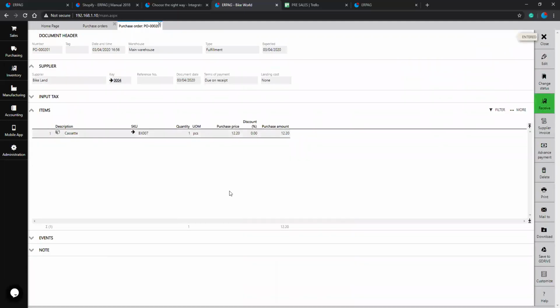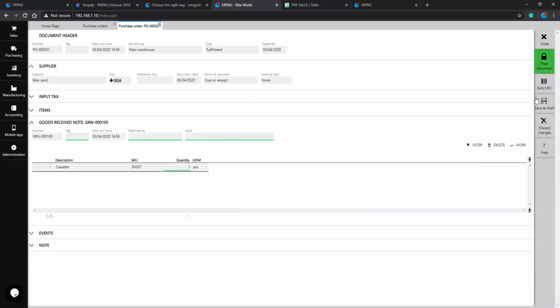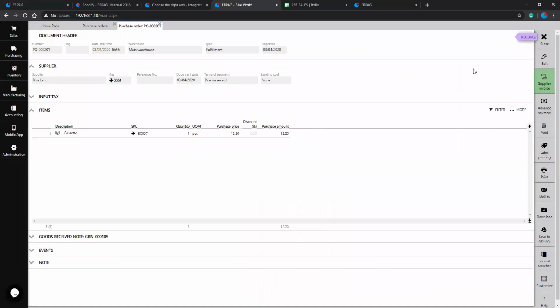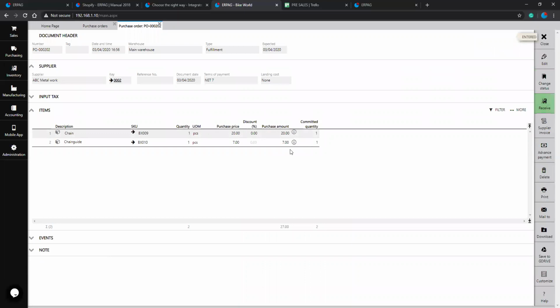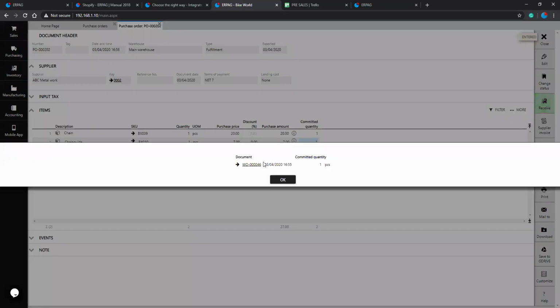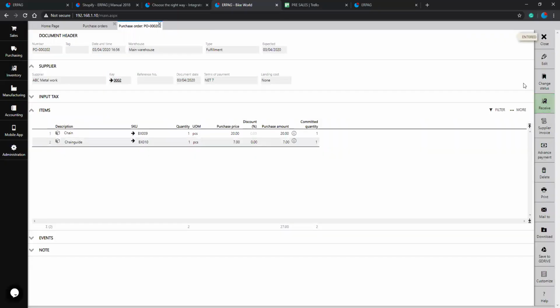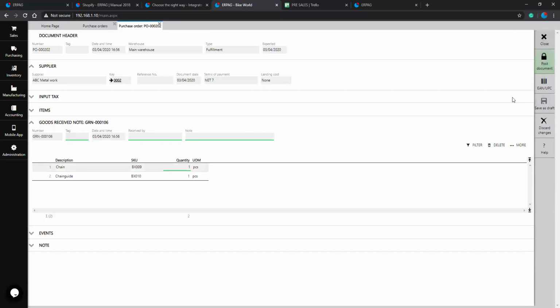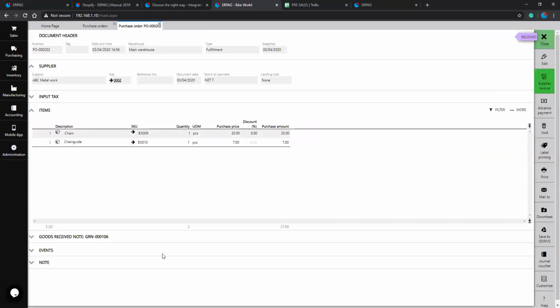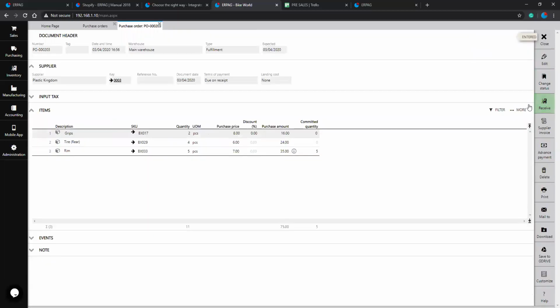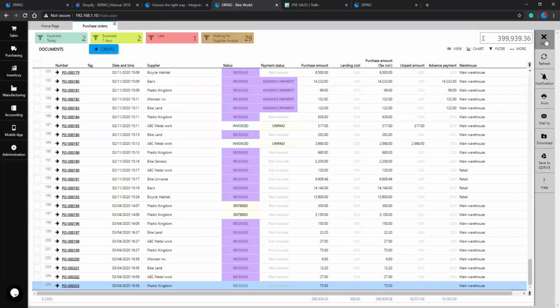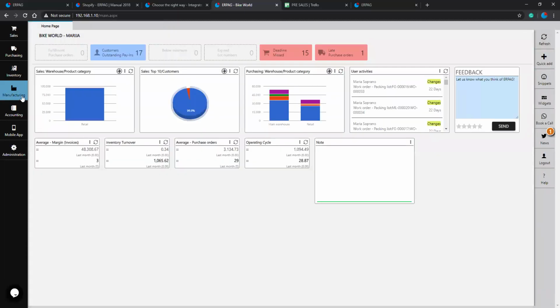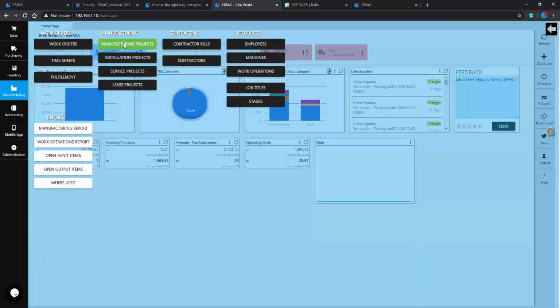If you notice here on some of the items, we actually have the info button next to the committed quantity. If you click on it, you can see for which work order this is committed to. Okay, let's receive one more. Okay, post the document. Now since we have everything in our stock, if we go back to our manufacturing